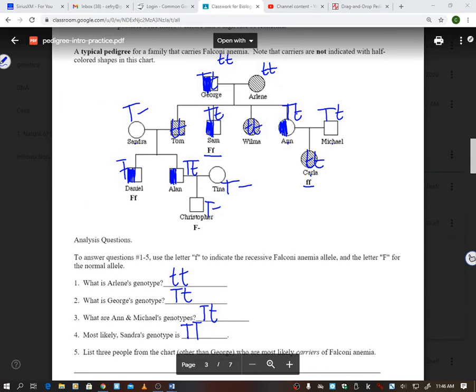All right, number 5 says list three people from the chart other than George who are most likely carriers. So other than George, let's look through here. We said Sam is a carrier. We said Ann is a carrier. And we know Michael is a carrier. Those for sure we know. We also know that Alan is a carrier. All right, so there's actually four up there other than George that we know for sure are carriers. Like I said, I always fill them half in. All right, so let's move on